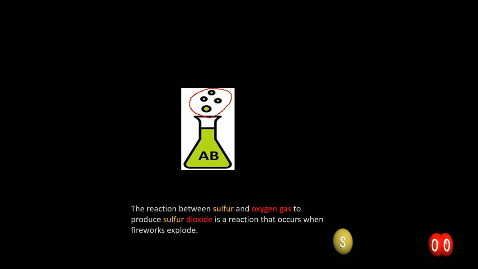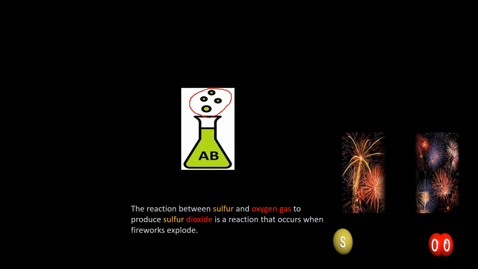Another example is the display of fireworks, which is an example of the reaction between sulfur and oxygen gas to produce our sulfur dioxide. So the displays that you see and the gases that are produced are an indication that there is a chemical reaction taking place